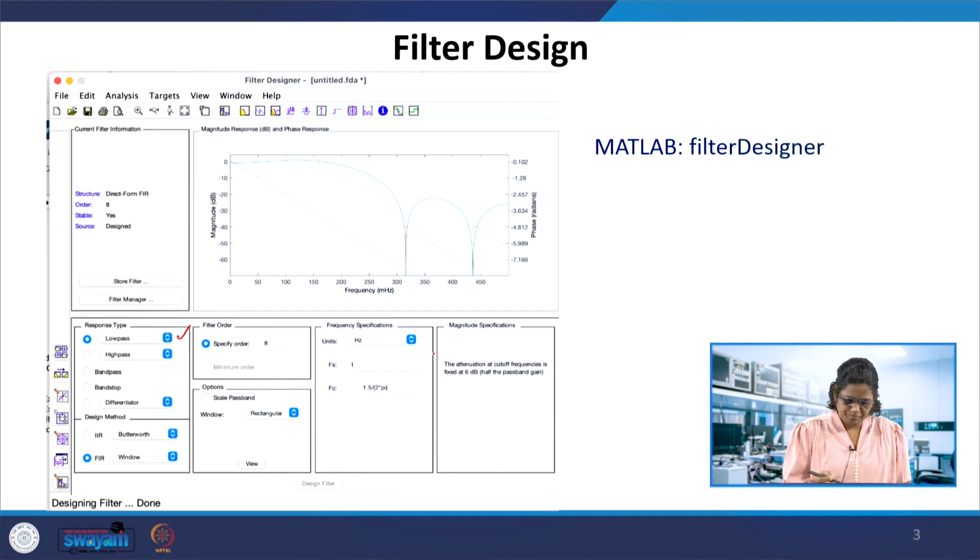The filter response we got is exactly the same as what I had shown in the previous lecture, with the plotting of the cosine function, that is the coefficients obtained with the generalized equation of h of n. The same response we could get over here as well. We can see this is around 300 millihertz, and here it was 0.3 in the representation. You can see the same response in this, and the phase response also changes over here.